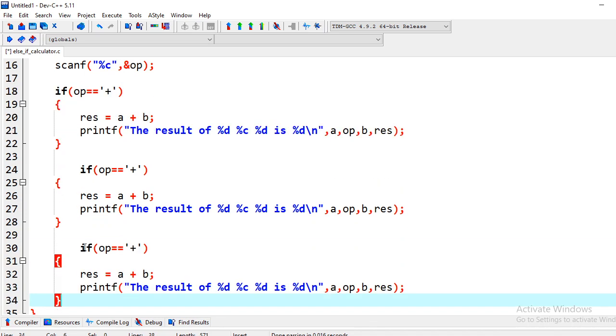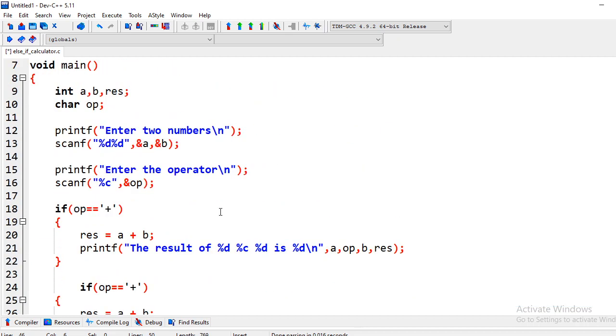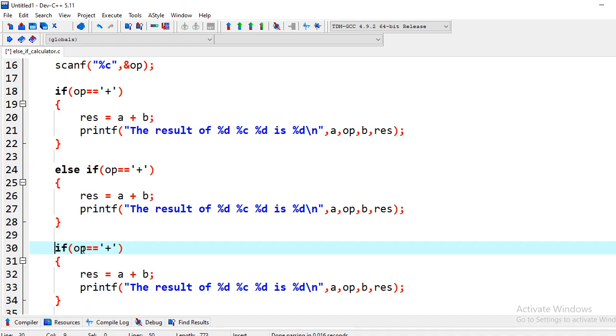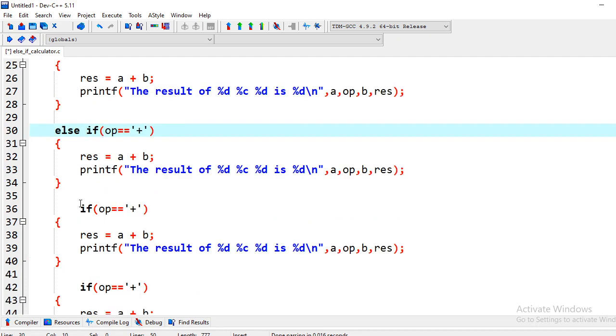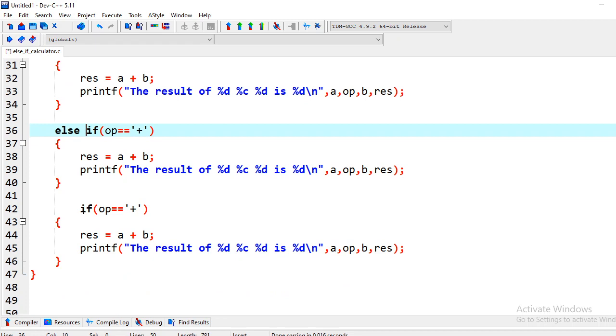1, 2, 3, 4. Since we have to write using else if, I will replace else with if with else if, since we are writing using the else if ladder. We have seen the syntax for else if statement in the previous video, and I have told that else if statement can be one or many. We will see that. Just wait for some time, let me complete the editing first, then I will talk about it.